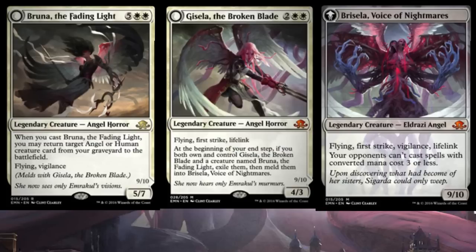This is a legendary Eldrazi Angel. It's a 9/10 flying first strike vigilance lifelink, so jam all the abilities together of the first 2 creatures. And your opponents can't cast spells with converted mana cost 3 or less, which is actually really relevant, especially in this standard, where most removal that can hit this is going to cost 3 or less. You got Ruinous Path, Anguished Unmaking,